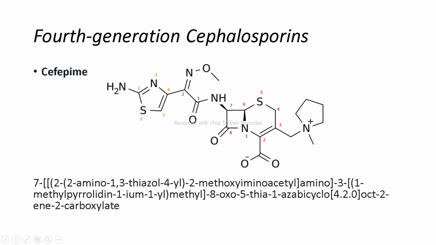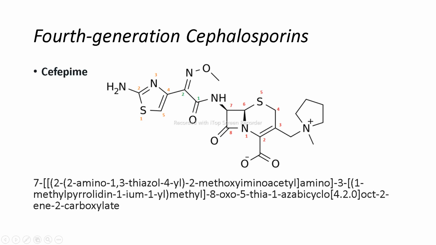So 7 dash. Then again there are two carbons in a chain. So 2 dash. After 7 dash, 2 dash. Then again same ring. So 1, 3. We have to nominate this amino group first. So 7 dash, 2 dash. After 2 dash, 2 amino. Then 1,3-thiazole, 4YL, then methoxy amino, acetyl amino,